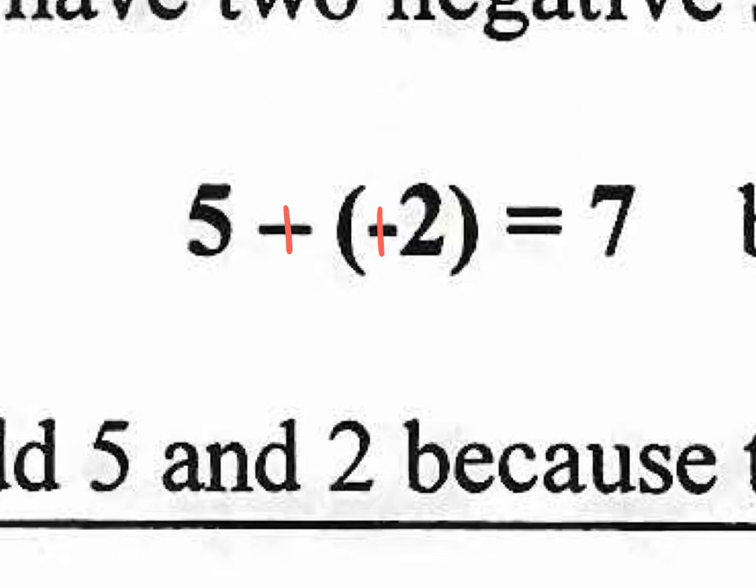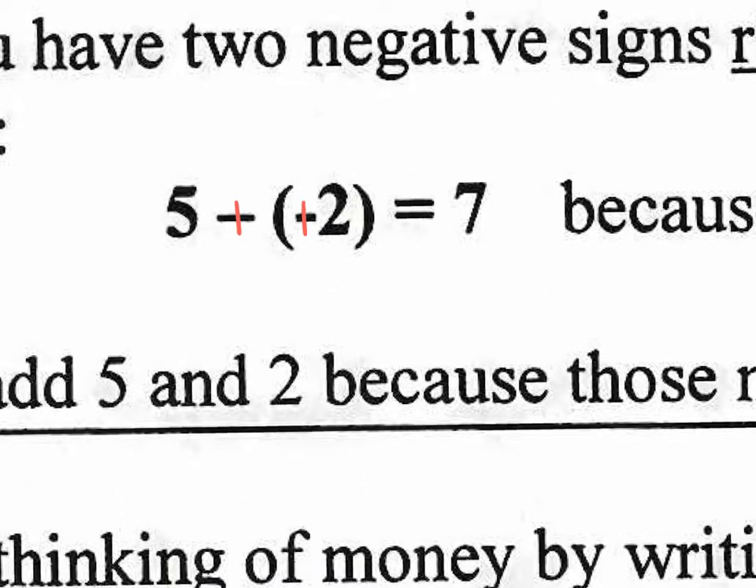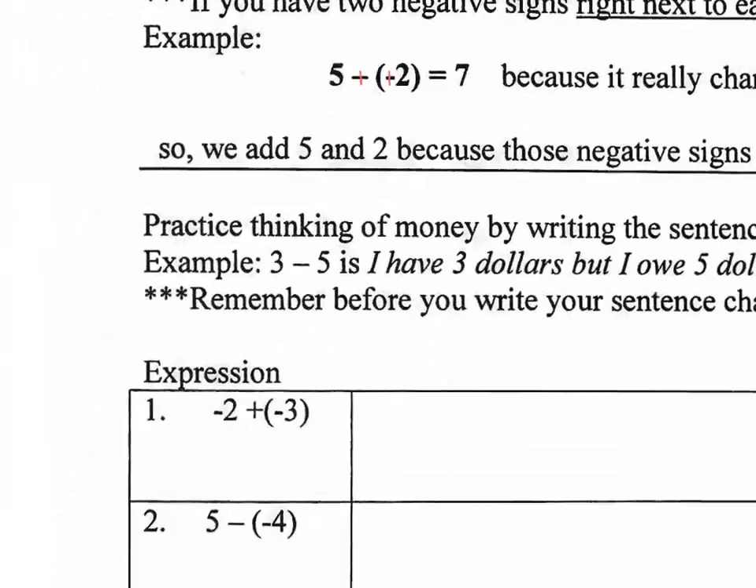By the way, that comes from the rule of multiplying, that a negative times a negative is a positive, but we'll go over that later. But right now, whenever you have a minus, it changes to plus, so you really have 5 plus 2, that is 7. So what I want you guys to do is to think about money on every problem,